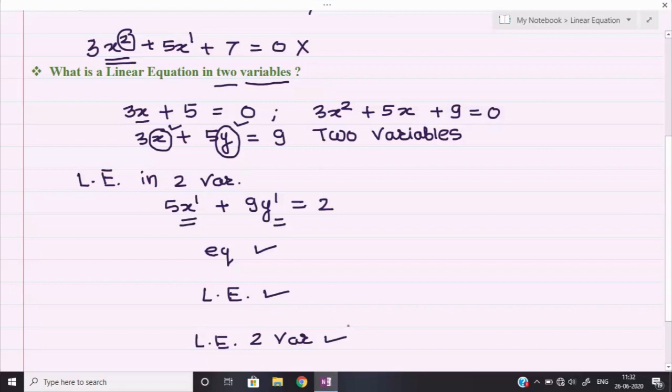So see, we have learned about linear equations. What does it mean? An equation contains an equal sign, where the two mathematical terms should be in balanced form. Second, in a linear equation, the power of the variable should be 1 and only 1. And the third thing, a linear equation in two variables means it contains two different kinds of variables. Okay, so let us start the first question of exercise 4.1.